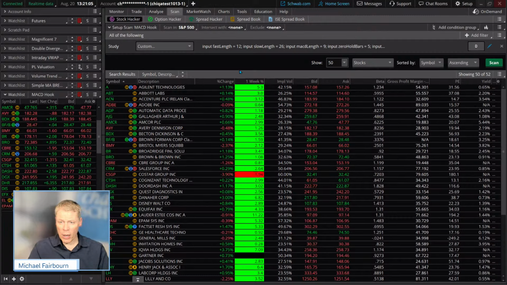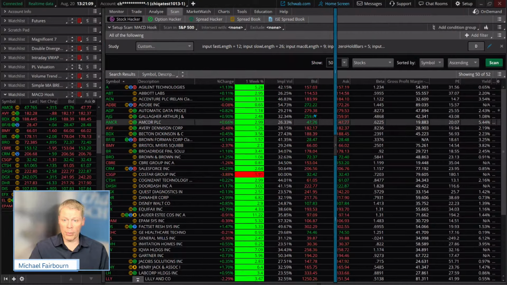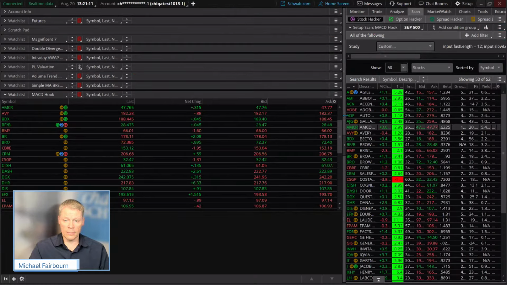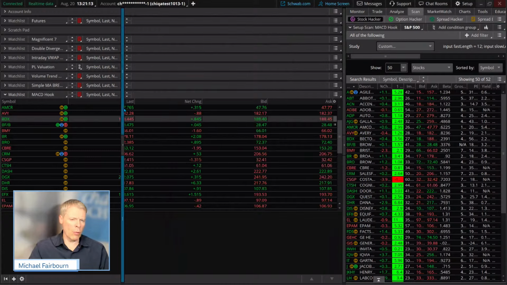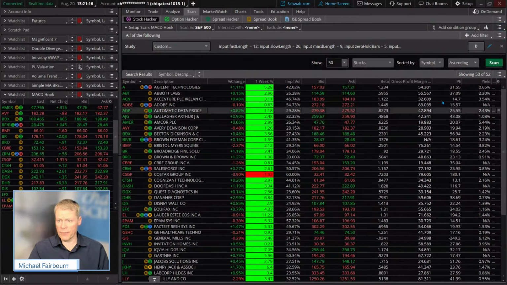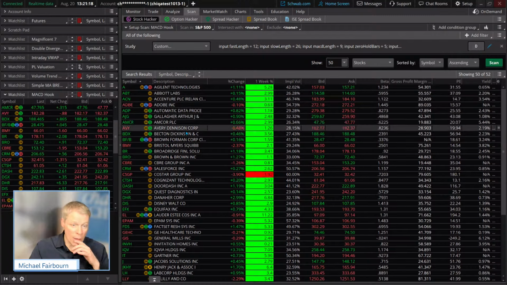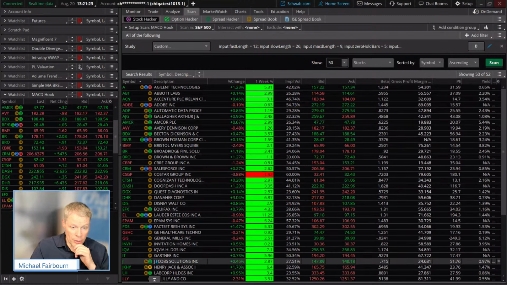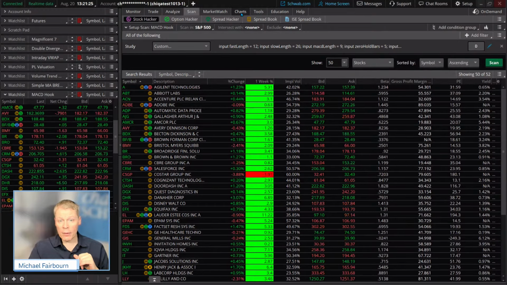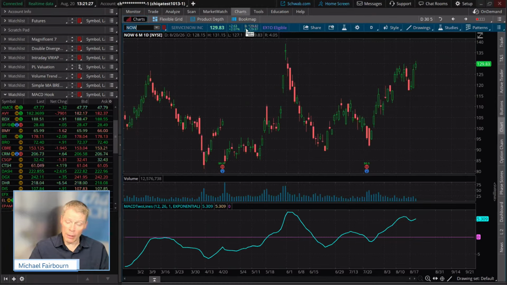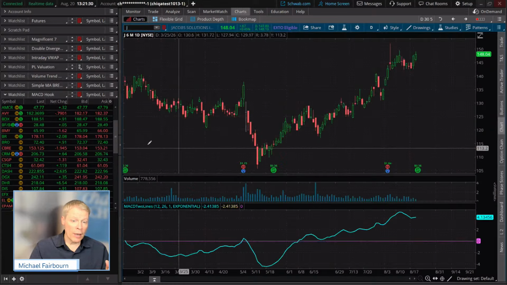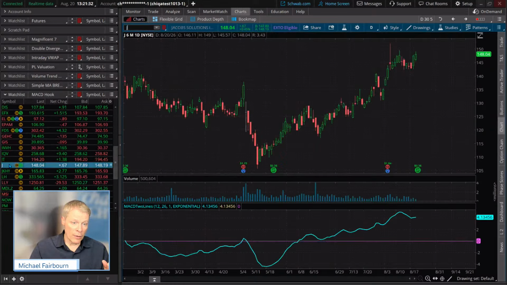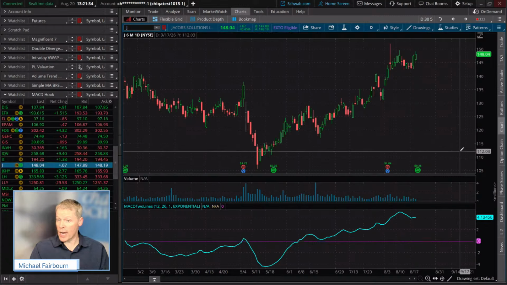It's kind of interesting. You can have other things in here too. Of course, you can add these columns over here, because look at this. You can make this a lot bigger than it used to be, like the side column for more columns if you wanted it. That would be the gadget window, the watch list specifically. But this is so much easier than going, oh, what do we got over here? Well, we've got Jacob's solution. Let's go back over to the charts and click on J now. That's one way to do it. Or you can just go down here on your scan. There's J. You click on J and you've got it. And there's J. That's it right there.